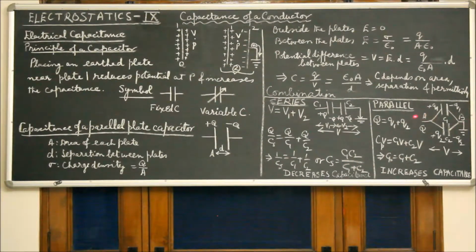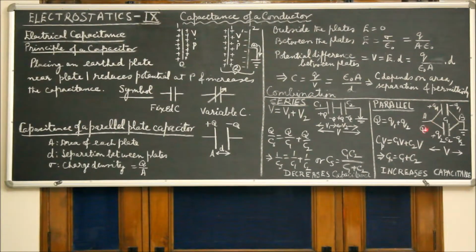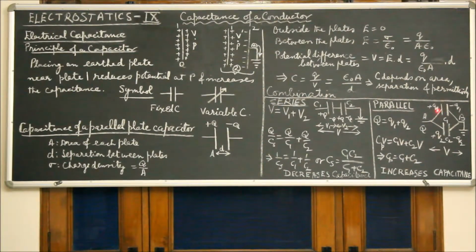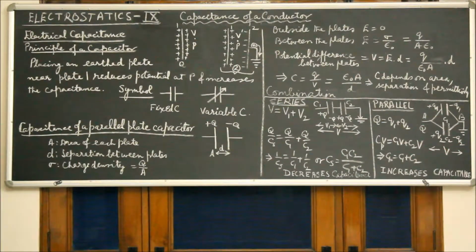If, however, the capacitors are connected in parallel, that is, one plate of each of the capacitors is joined to a common point and the other set of plates joined to another common point, so that we have same potential difference V across each of the plates or across the combination. In such a case, if we give charge Q at A, it will be divided as Q1 on capacitor C1, Q2 on capacitor C2, and so on. So you can write Q is equal to Q1 plus Q2 for a pair of capacitors.